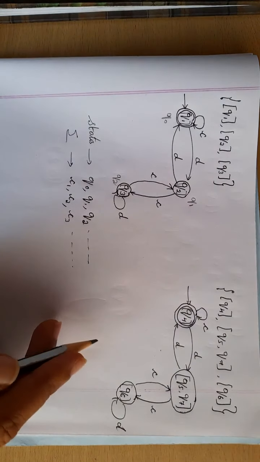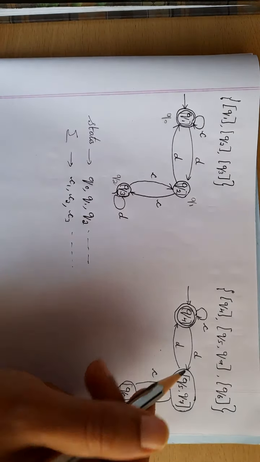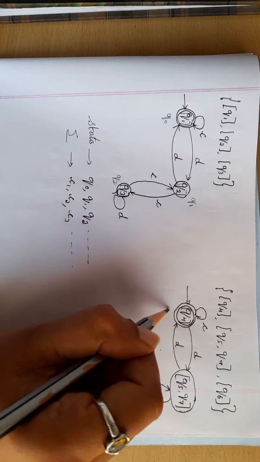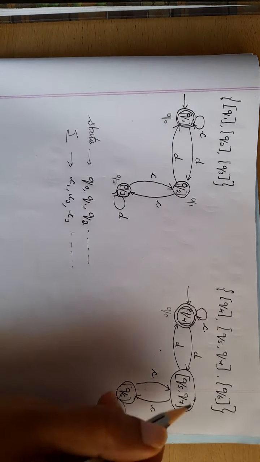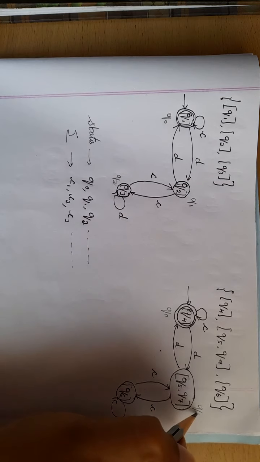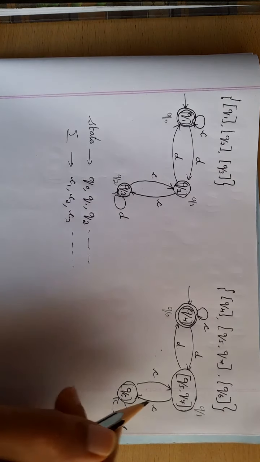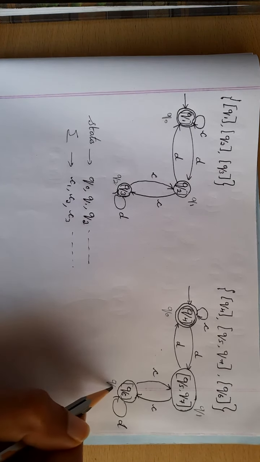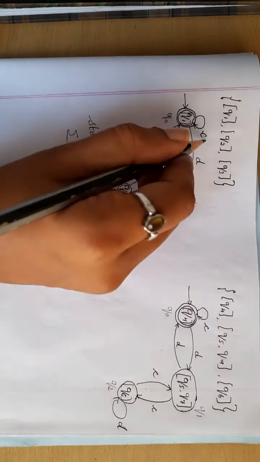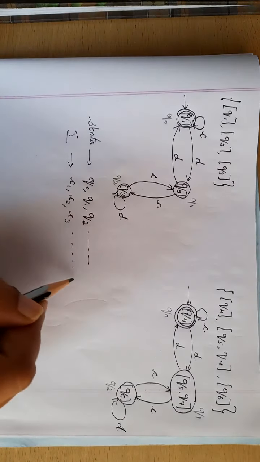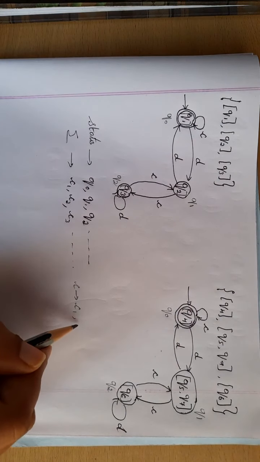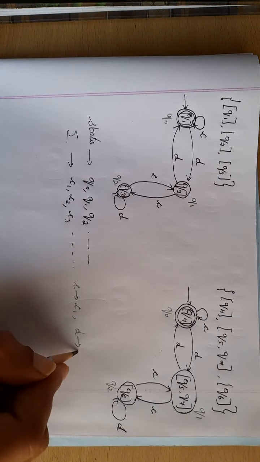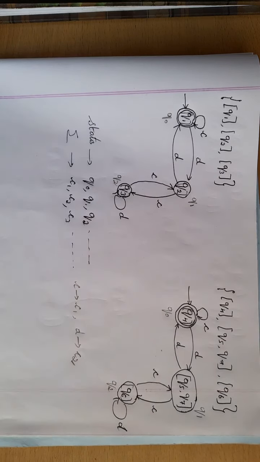Similarly with respect to this diagram, which is a separate diagram, Q4 I will change to Q0. Q5, Q7, this state I will name as Q1, and Q6 I will name as Q2. Then for the alphabets, C I will rename as C1 and D I will rename as C2.